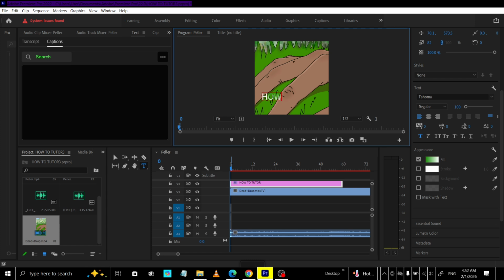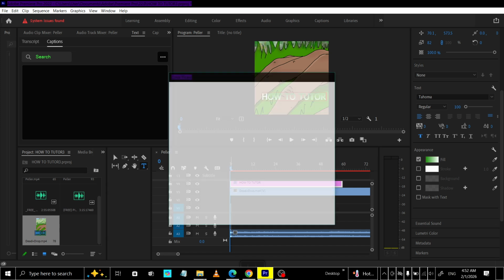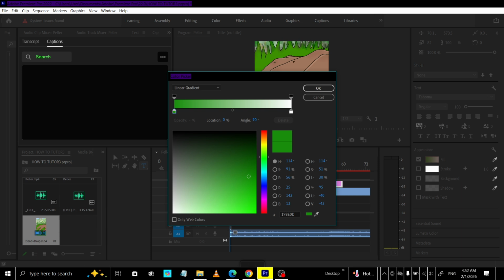Pick your colors by clicking the color stops in the gradient controls. A helpful tip is to choose colors with enough contrast so the text stays readable against your background. If you went with linear, adjust the angle to control the direction of the blend. For example, 0 degrees runs horizontally while 90 degrees runs vertically. If you chose radial, adjust the spread or scale to decide how quickly the gradient moves from the inner color